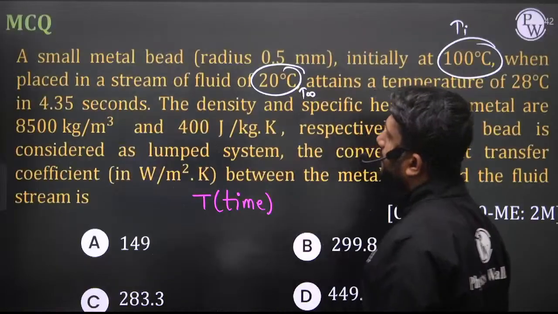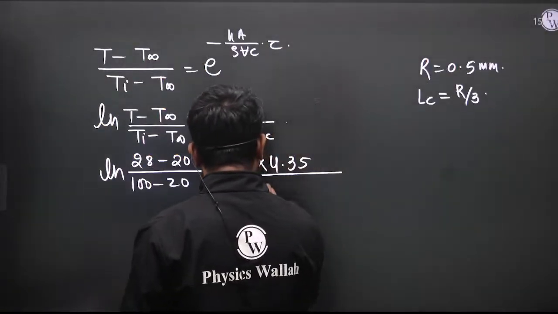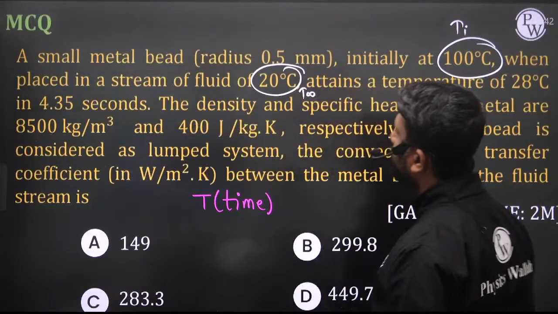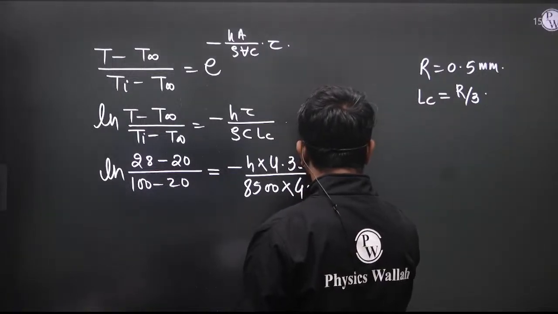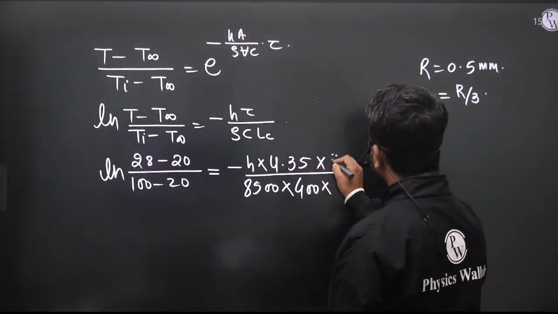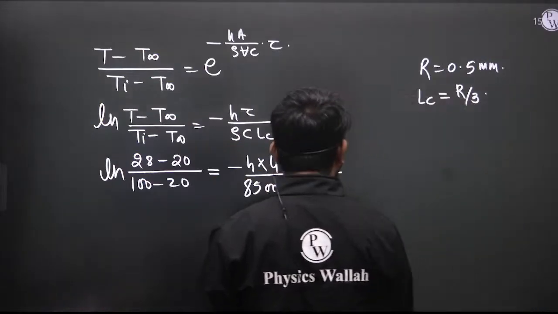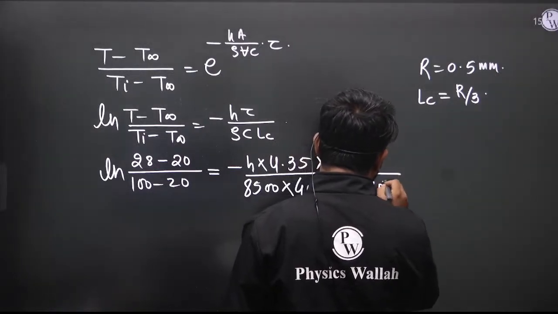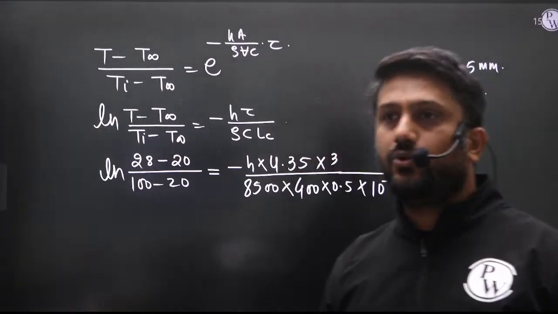This is 4.35 into density. Density is 8500, into specific heat. That specific heat value is 400 joule per kg Kelvin, into Lc is R by 3. R value is 0.5, so this is 0.5 into 10 to the power minus 3. Now in this equation there is one unknown, and that unknown is